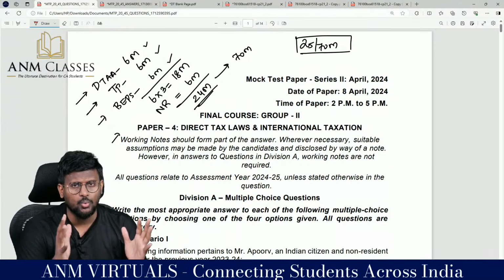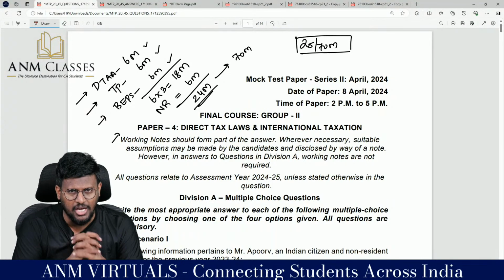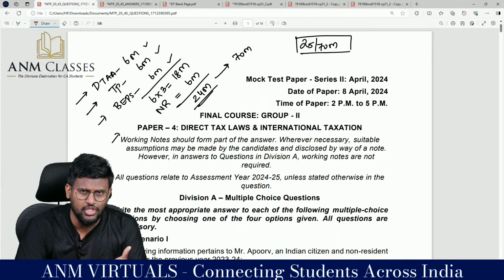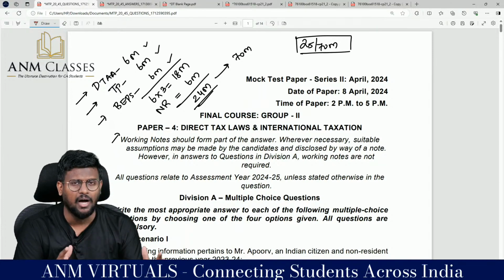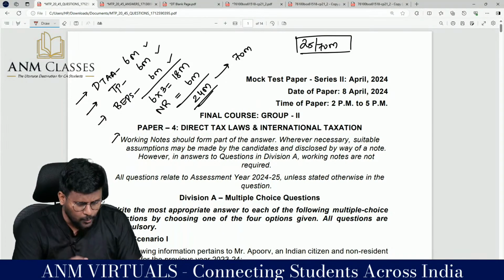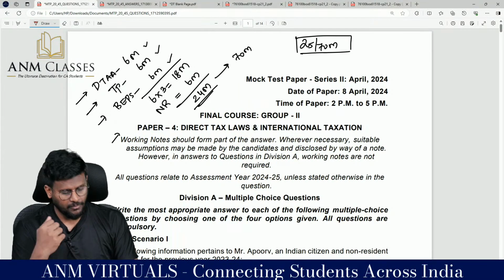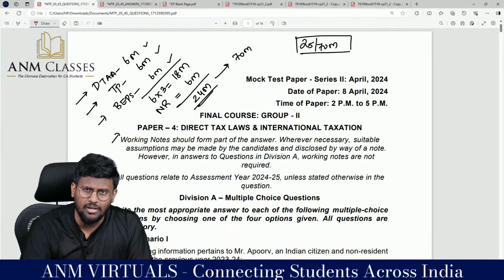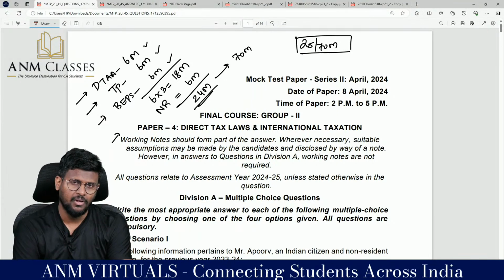Then I already told you that 3 chapters are very important from the non-resident part. Don't take a chance at any cost. What is BEPS, model tax convention, tax treaties, interpretation of tax treaties. From this area, they are asking 6 marks. So whatever weightage you are giving to DTA, the same weightage you have to give to these 3 chapters. The another 6 mark area in both the mocks is non-resident taxation, which is chapter number 1.